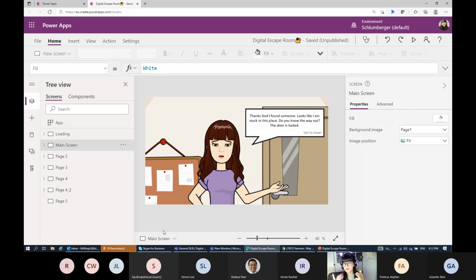Second step, I need to think about what kind of locks I need to have in my game. I already thought about it: it's Power Platform tools. So how many tools do I have? I have Power Apps, which will be the first lock. I will have Power BI. Second one, I also have Power Virtual Agents. Number 4, Power Automate. So I have Power Apps, Power BI, Virtual Agents, and Power Automate. So the key locks that I have here are 4, which are the Power Platform tools. So I'm already done with my first step and second step.